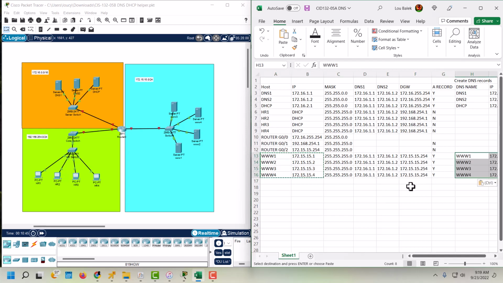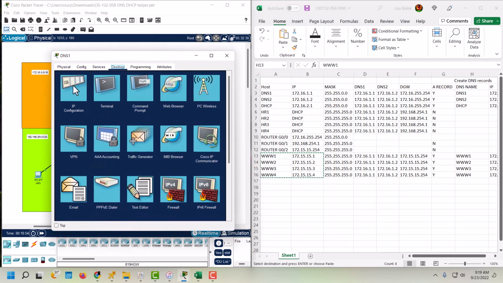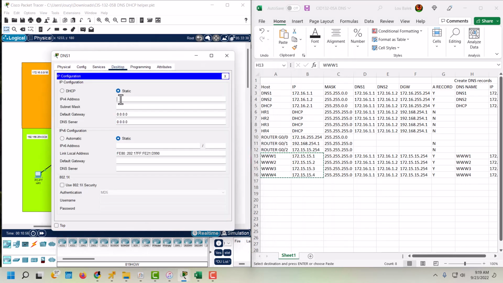There we go. So now we have our DNS records and our IPs. All right, so let's go ahead and fly through this. So we're going to go through our desktop. We're going to click on IP configure. Again, we are going to do